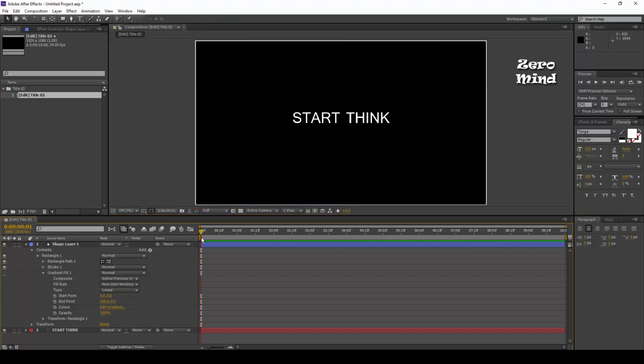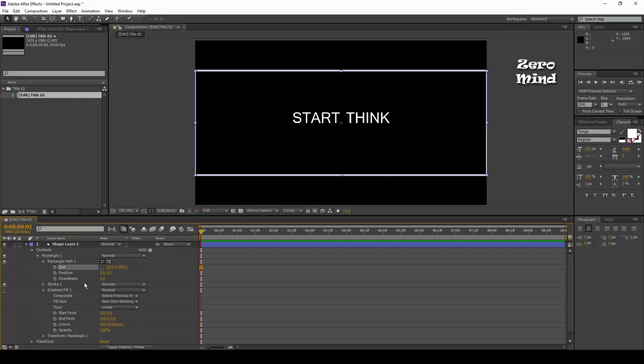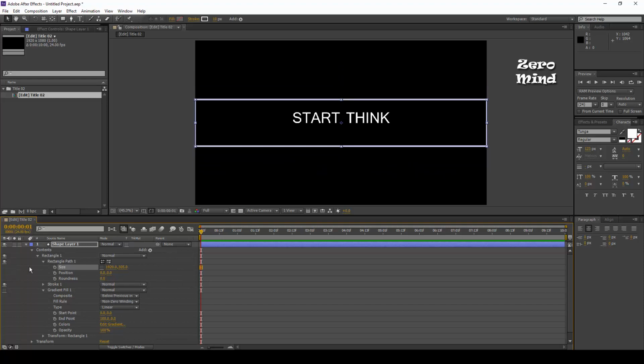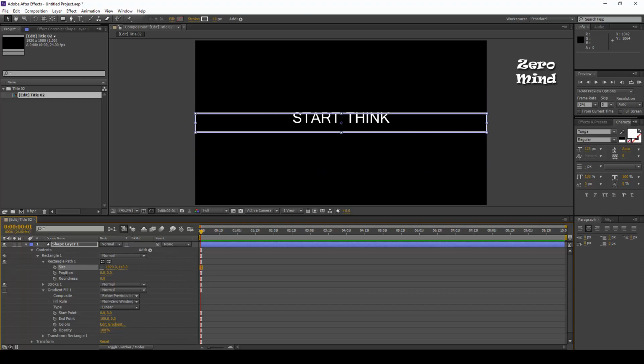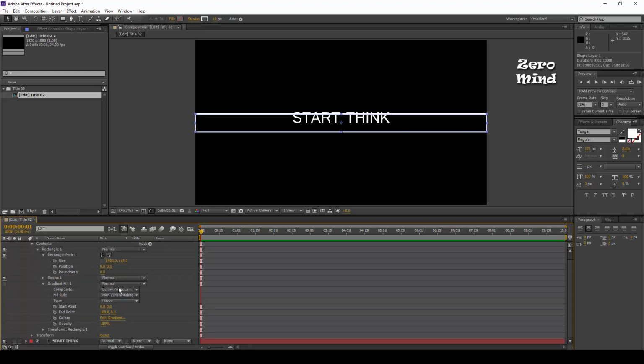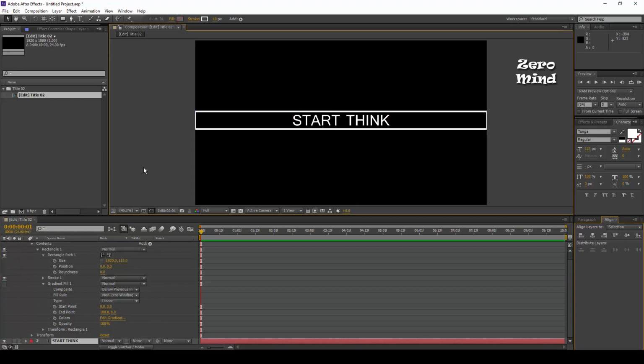Once it's done, I scale my border. Select this one, and right now I'll select this one. Both are not aligned, so I select both layers and come back here, align, and select these options.